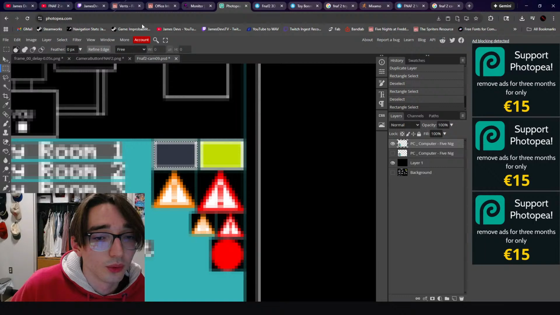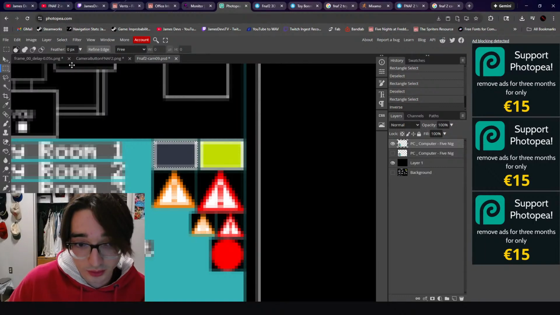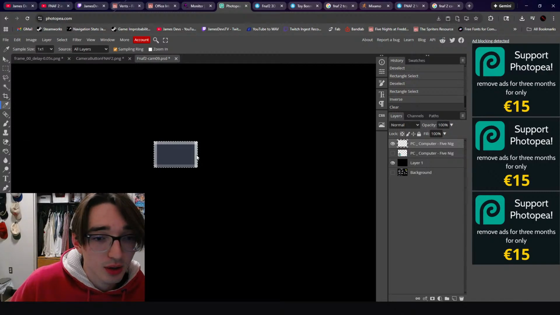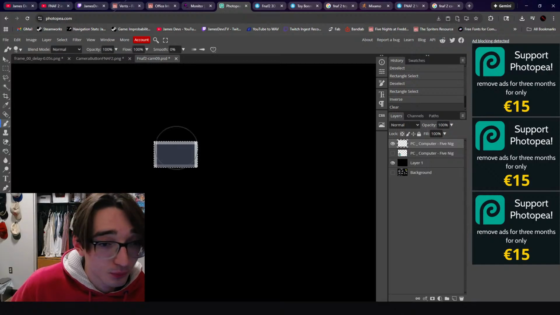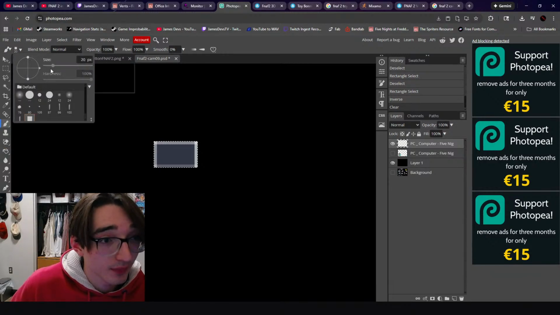And then I could do select, inverse, delete, and then I could do eyedropper on the white, and then get a drawing tool, change it to a square, 1 pixel,